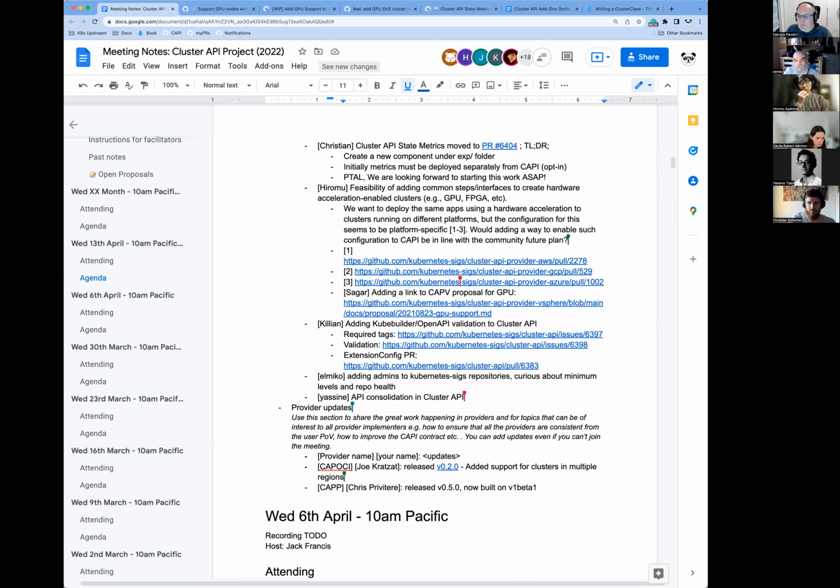It looks good, but we still need to add some variables which are specific for each platform, even if we use ClusterClass. That's my understanding. Is that correct? Yeah, we have to figure out this detail, but this provides a layer of abstraction.